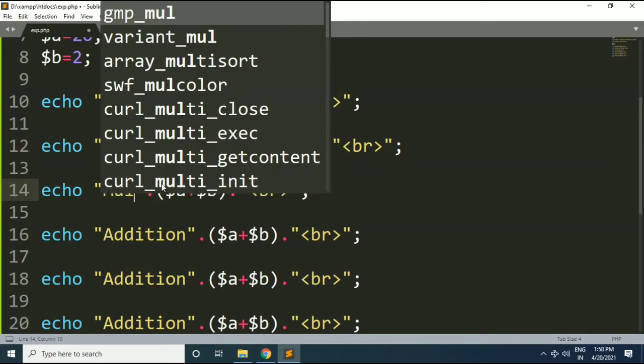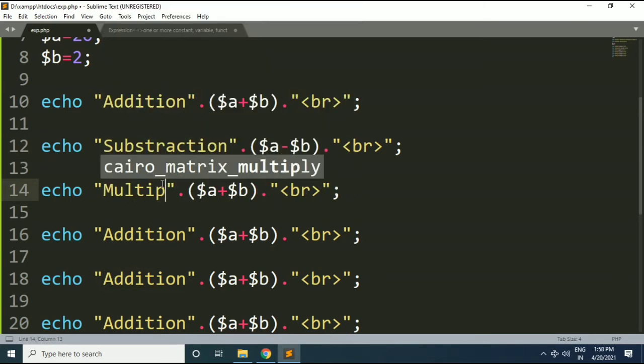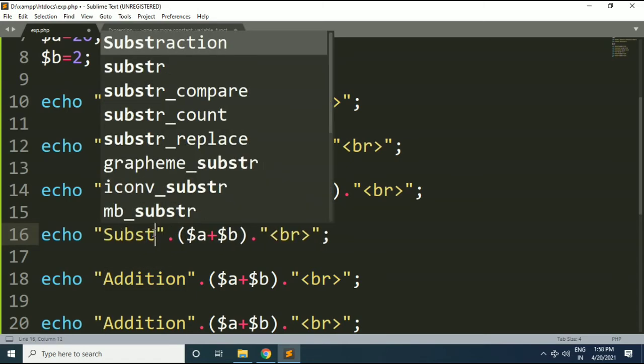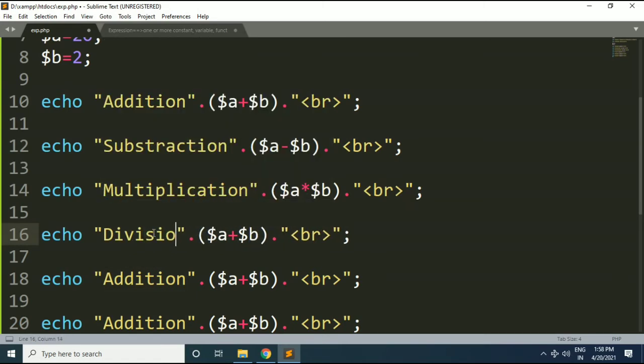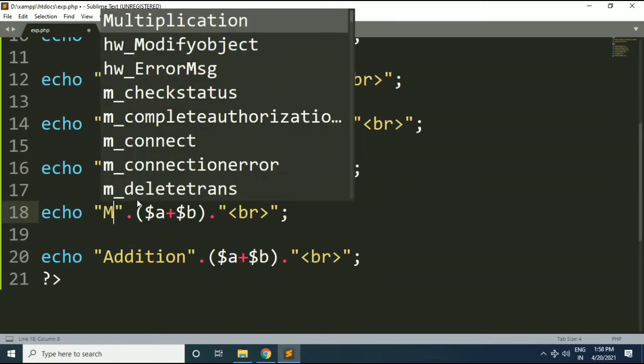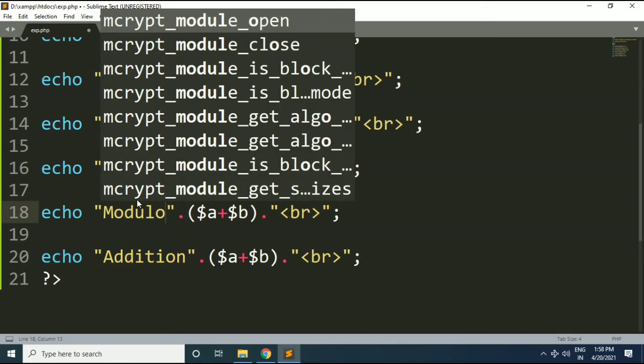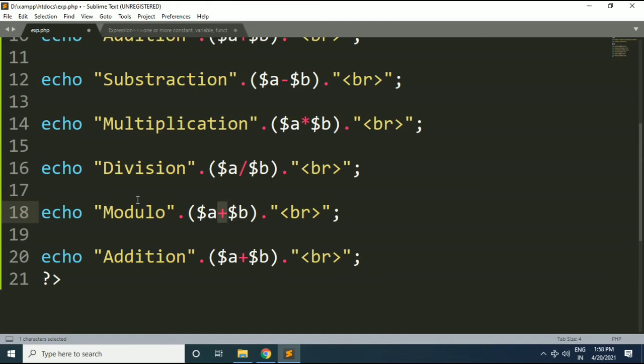Here I will use multiplication, and this symbol becomes the multiplication symbol. Here I will use division, and it becomes divide. And this becomes the modulo operator. We don't need this, so I will remove it.